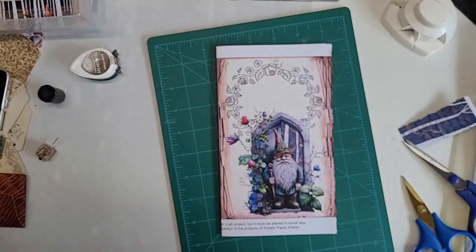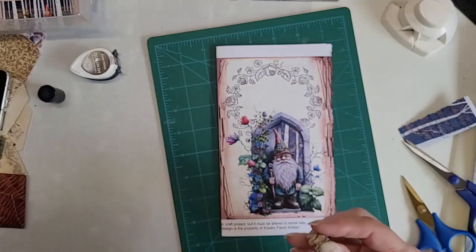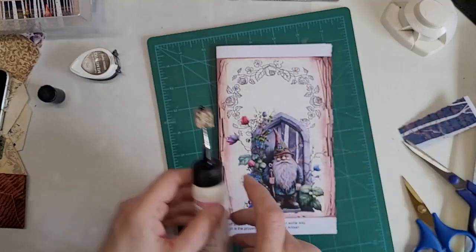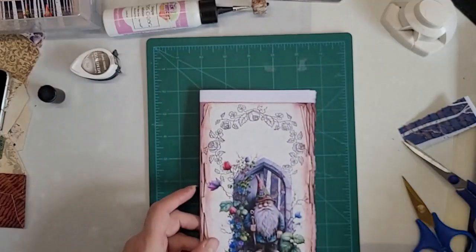Oh, left this undone. By the way, a wee tip for those of you who maybe haven't been at this very long or aren't aware: when your bottles of glue are nearing the end, leave them lying down rather than standing up, because then you don't have to fight so much to get the glue back down to the bottom. They're all sitting here, so it's just a case of tilting it a bit further. Right, so let's put this back in the...